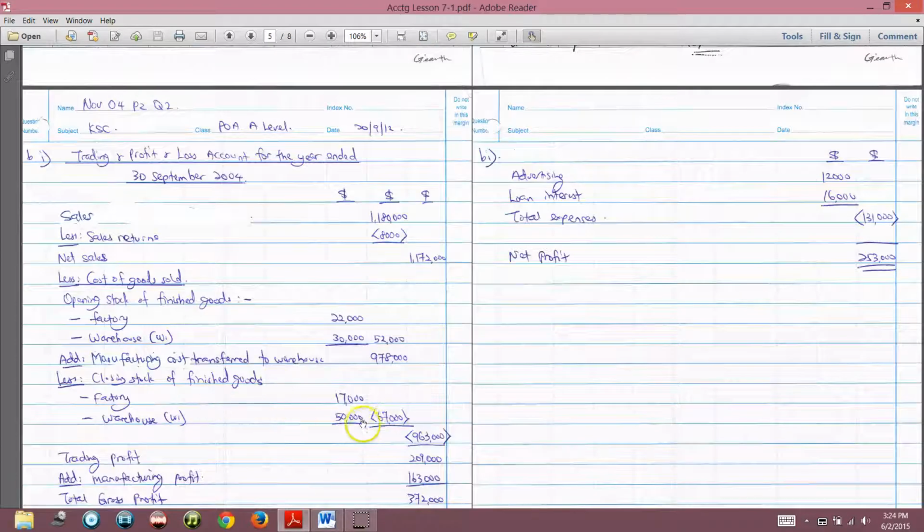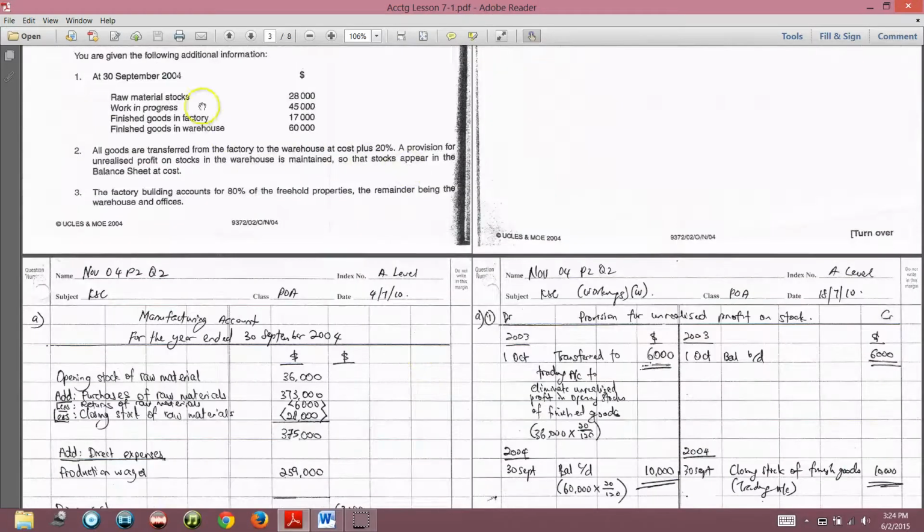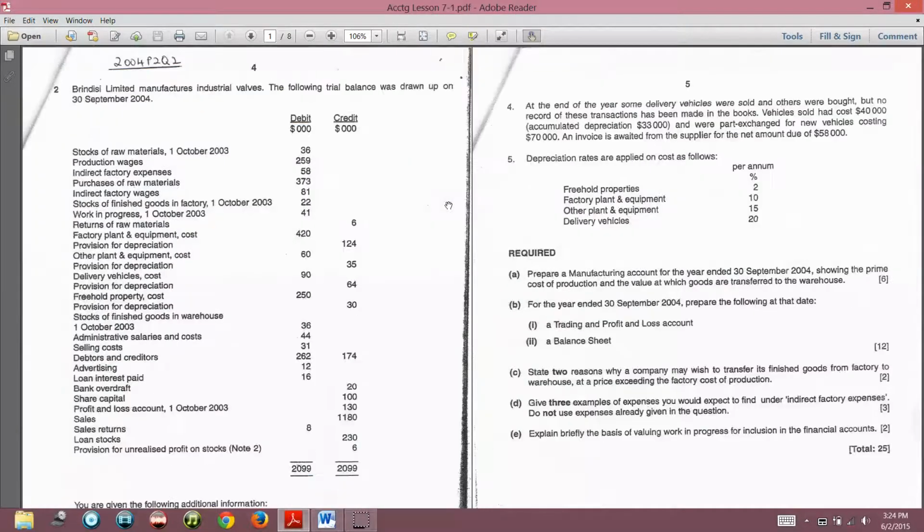So this one also I've gotten all the figures here, except this figure not yet. So that means in the question I have taken care of note 1 and note 2 already. Here, number 3 says that factory building accounts for 80% of freehold property, the remainder being warehouse and offices. So now we have all the fixed assets: factory, plant and equipment, and then provision for depreciation, and then